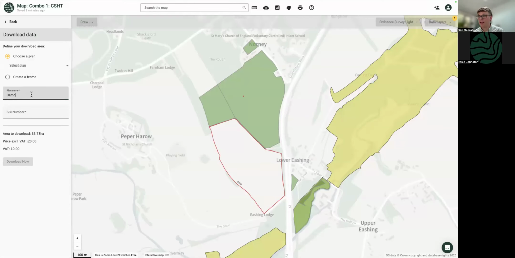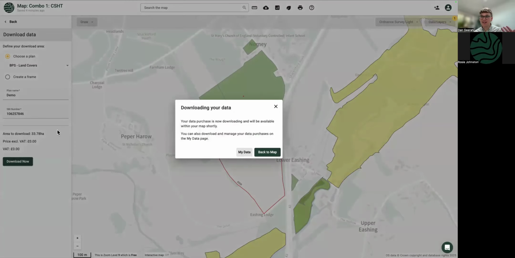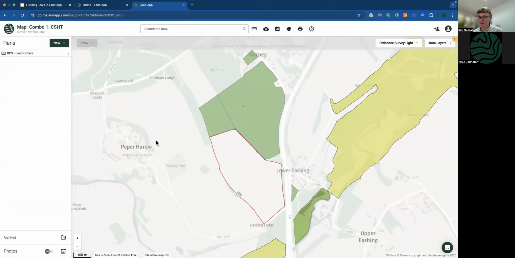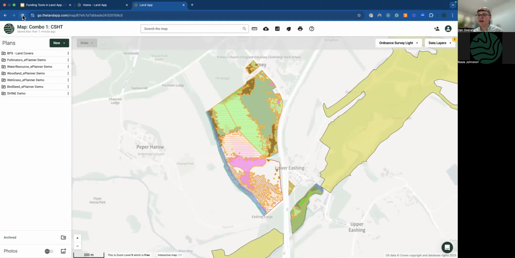So you can concurrently run all these different plans all at the same time, just to get a sense of what's out there. So I've run it, it's happening in the background, and they take a matter of moments to run. The one thing that we're still just trying to fix is that we don't automatically refresh your map. And the reason for that is the refresh eliminates the undo button. So if you're in the middle of drawing something and we automatically refresh, you lose the ability to hit undo. So once you're ready, you can hit refresh and these data layers will start appearing on your left-hand side.